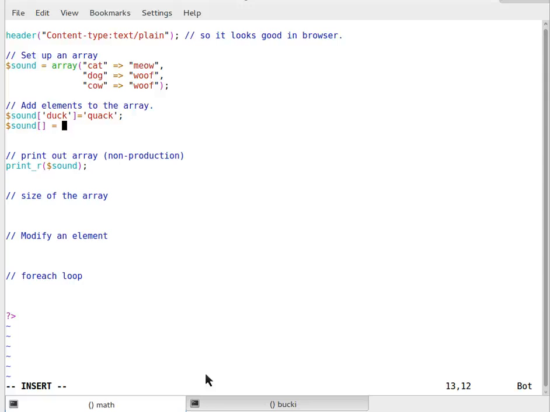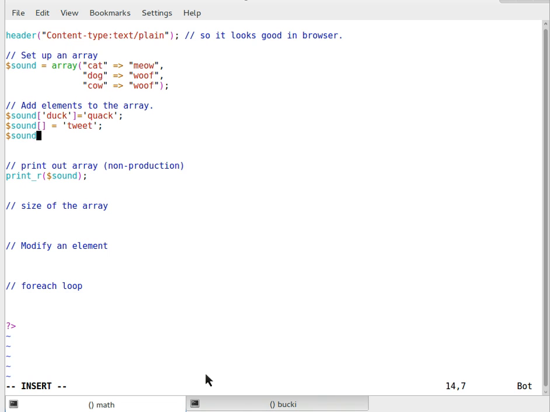So since we don't have any numeric values, this is just going to add sound sub 0, and let's just do a, I don't know, give me another animal. Let's go with tweet, and let's go with another sound. We'll do moo. If we print that out,